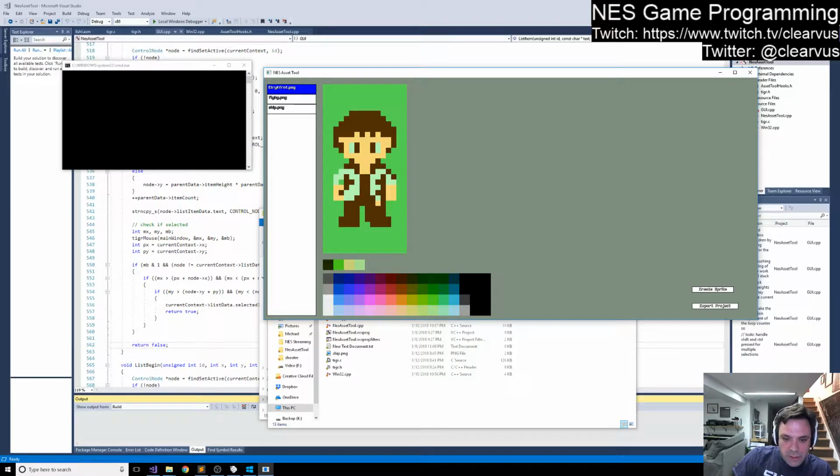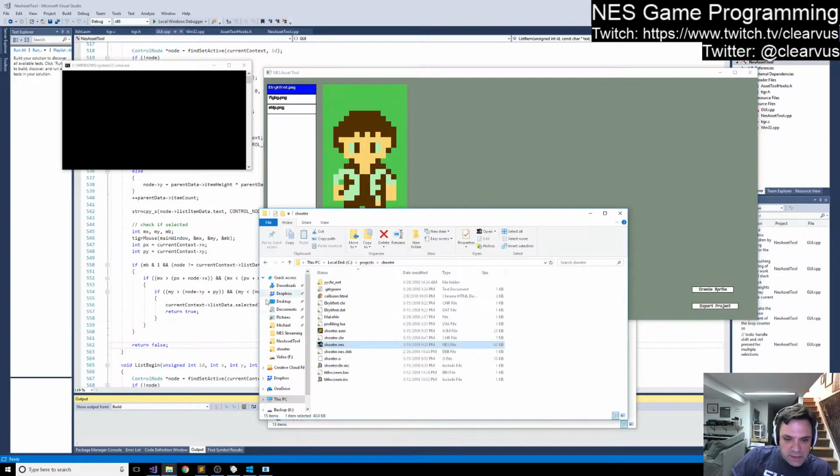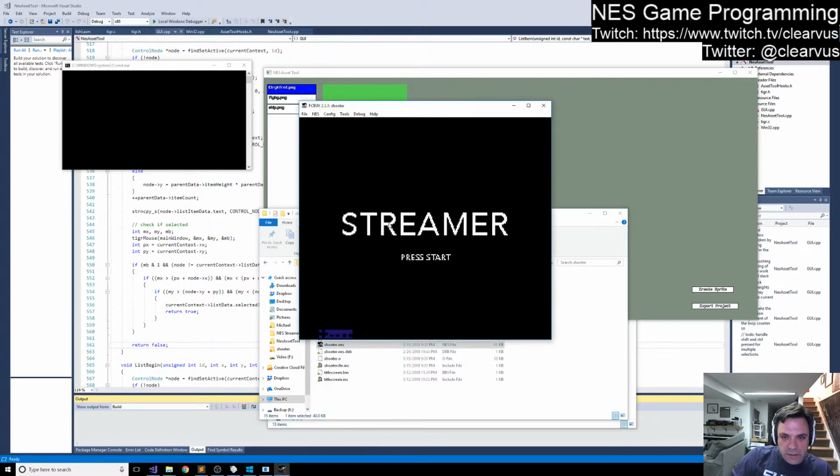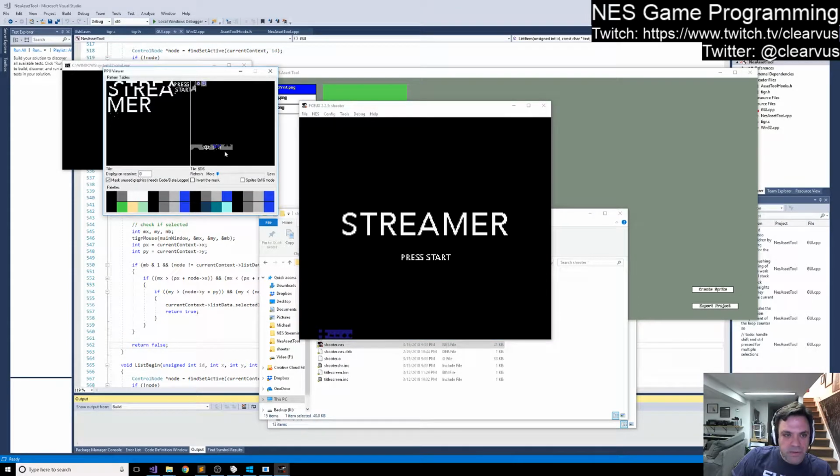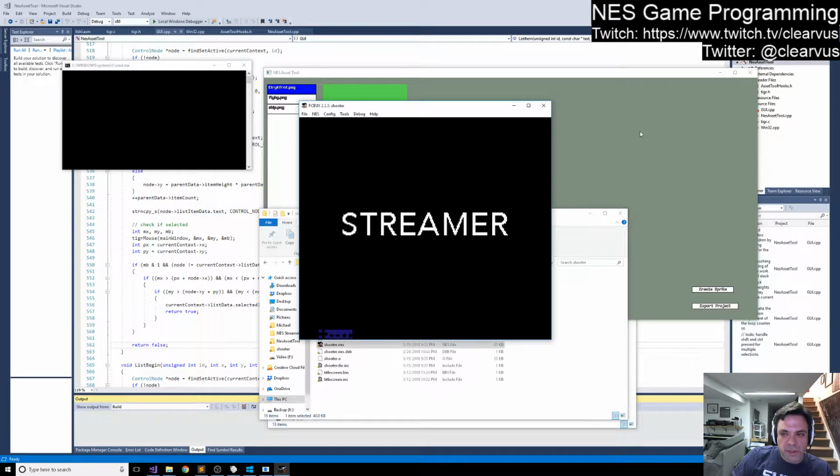We showed how I was able to take the content from this and export it so that the shooter game can export the tiles, and we even exported the palette to the NES game so that we could see what that would look like. That's all looking good. So we have that basic functionality working here,